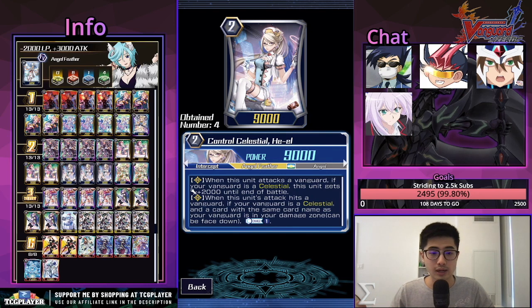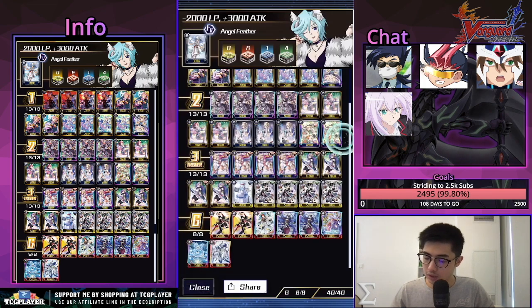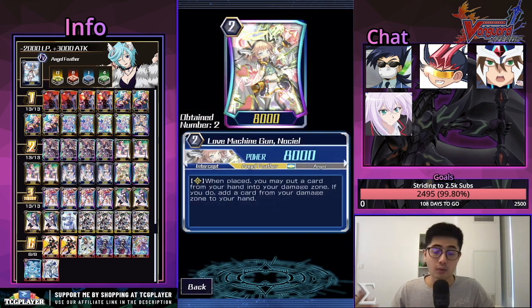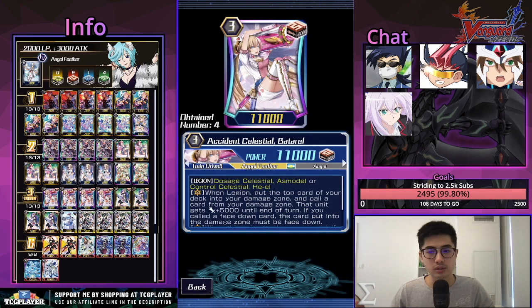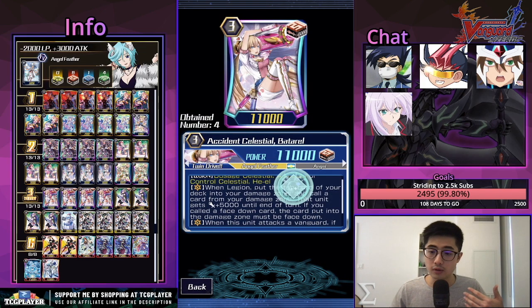So it's another way to countercharge, which is really nice. And we play 2 of the grade 2 Nociels, which does the same thing as grade 1 Nociel. Next, for the grade 3s, we play 4 of the Batterels. This is the way you kind of gain some